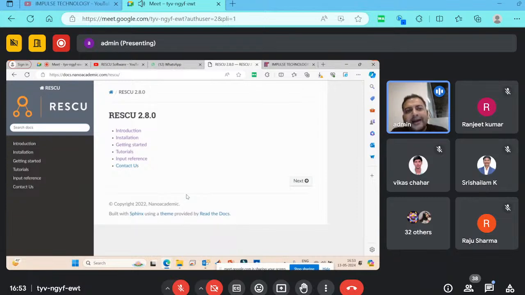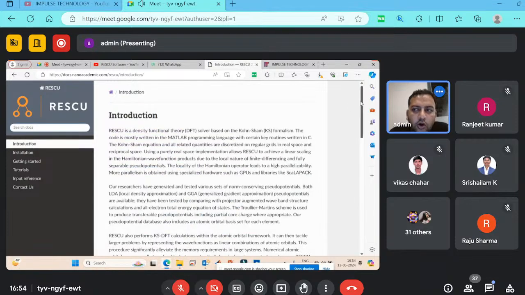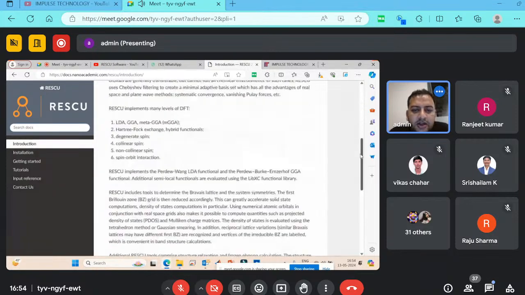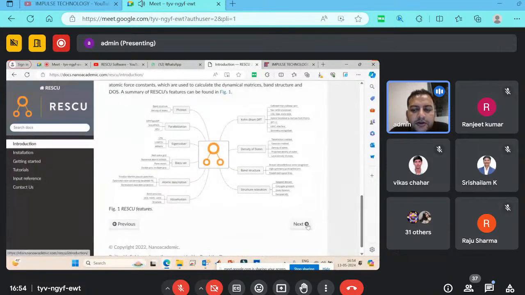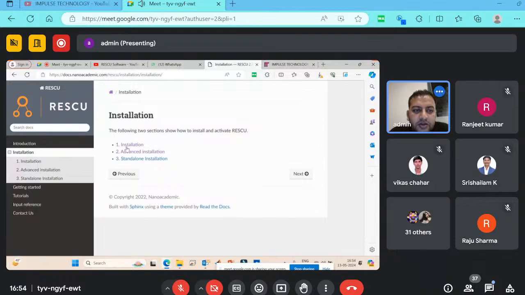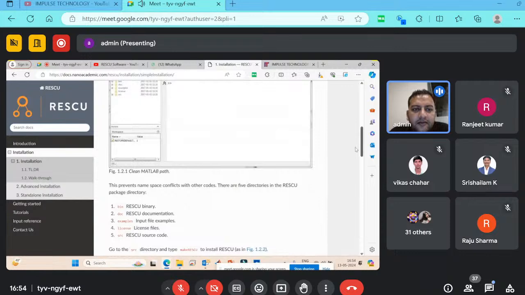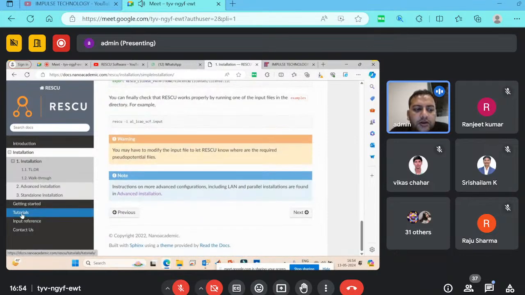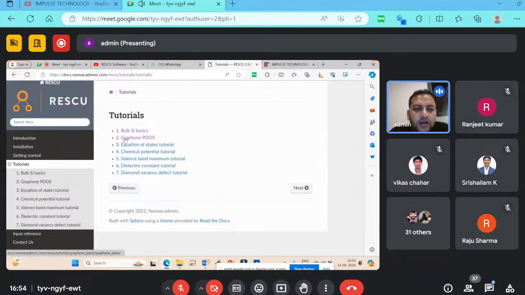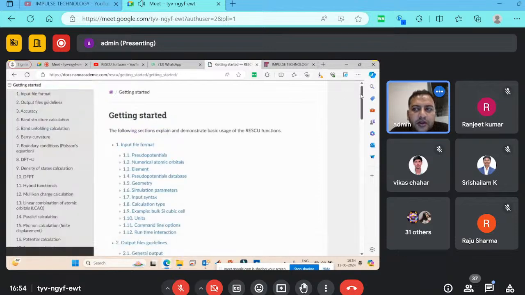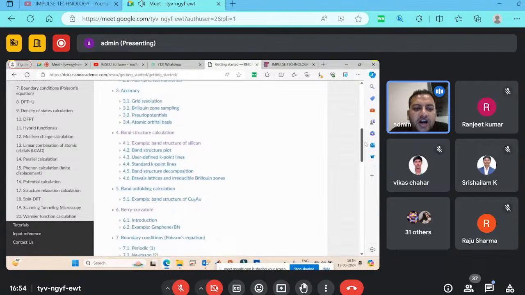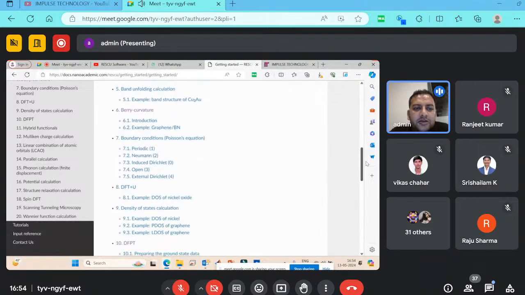Since the software also works on MATLAB, you can see here the introduction to the RESCUE package, on what basis and with what parameters the DFT was implemented, as well as the installation procedure in MATLAB, which is explained, and some tutorials. These are bulk silicon tutorials and graphene PDOS. These tutorials are written in MATLAB, but videos are available, which are given on Device Studio. There are also getting started videos on how to get started with the software, bend and folding, Berry curvature,